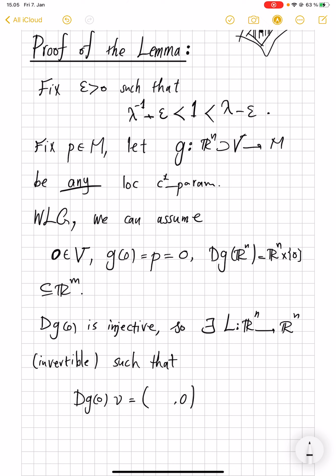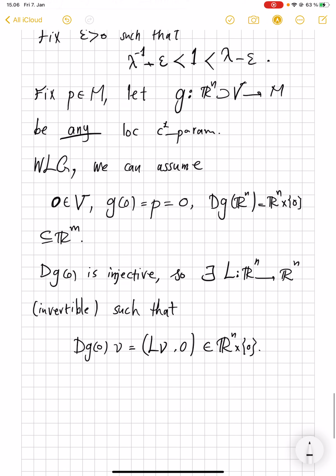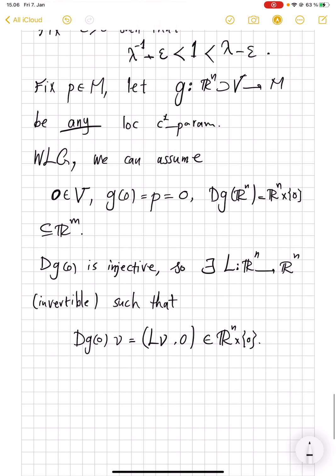So it has a 0 part and then there's the n-dimensional part. So this is Rn times 0. So this basically captures the invertible part of the derivative of g. It discards the extra dimension in the target, and now we can talk about basically the inverse of the map